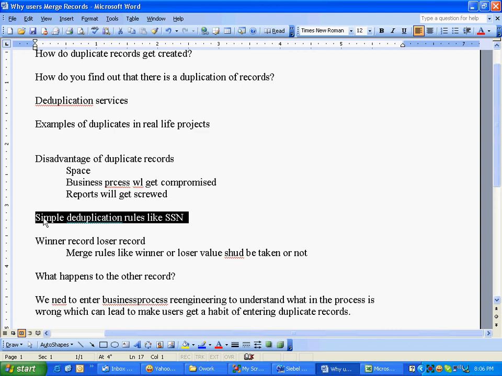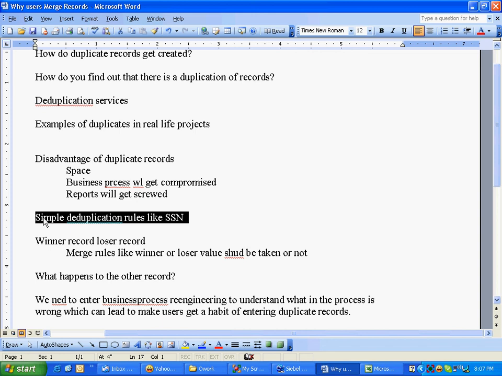Okay, so deduplication rules. Then important thing is there are some companies which have like a 14-point rule engine. They maintain it. They ask you to give you their data. They scrub their data against those rules. They scrub your data against those rules. Then they output, okay, what has happened, what has not happened, right? So my point is, we come to know there are some simple deduplication rules which can be done in